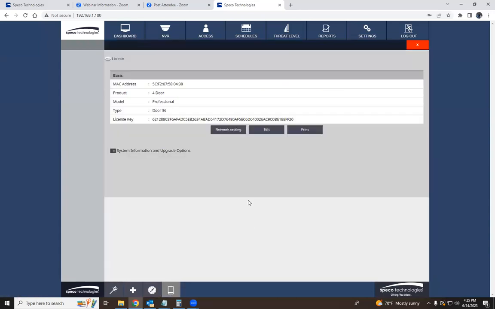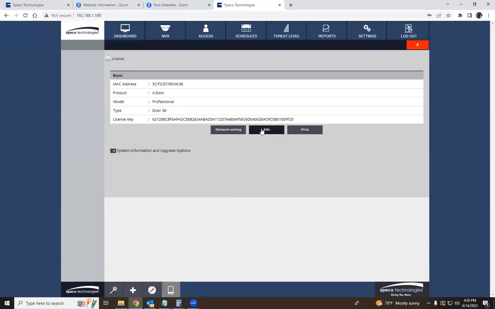Now licensing. It's important to remember that every four-door kit should come with licensing applied to it out of the box. If it doesn't, always connect it into the network. Before you program the unit or as you're programming it, make sure it has internet access. This will allow it to contact our licensing server and make sure that the licensing is applied. If it is not,